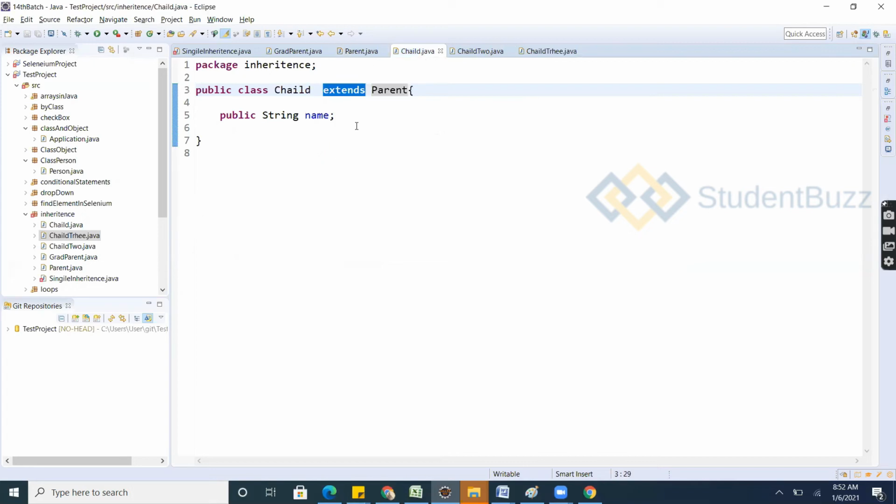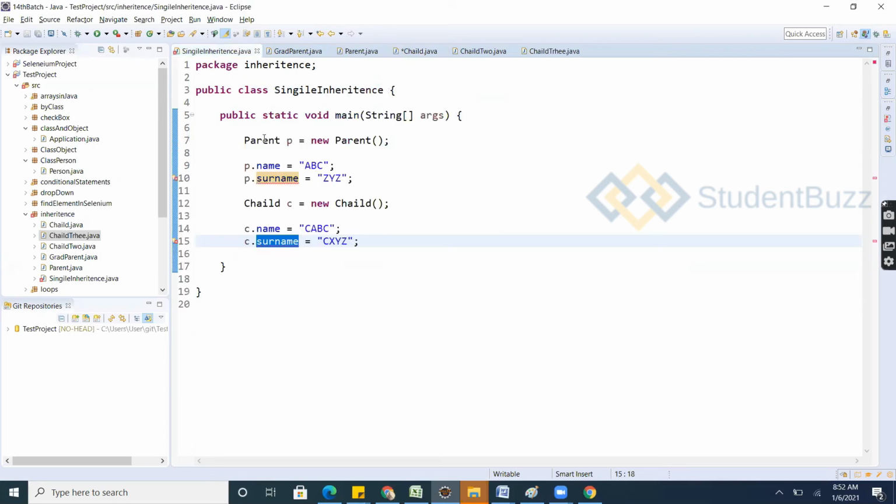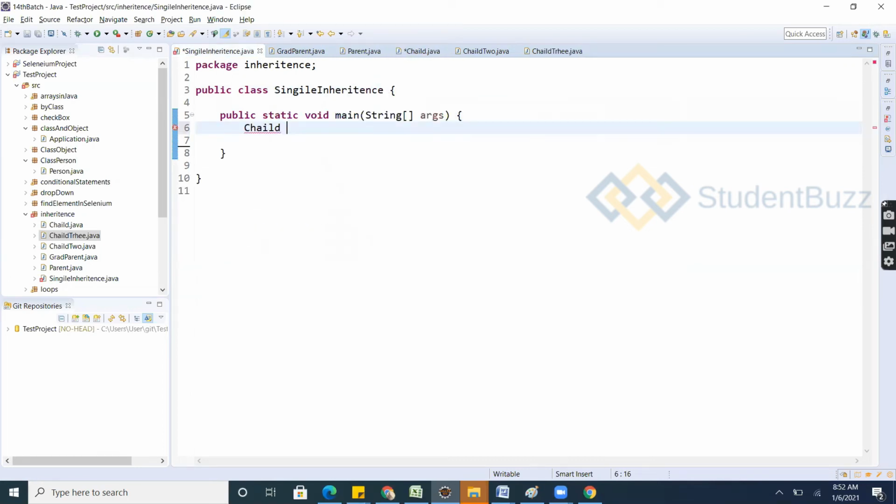And child is accessing the parent's car. Let's take this here, child C is equal to. Without using the new keyword, you cannot create an object. To use this new keyword, then only memory is allocated to this object.